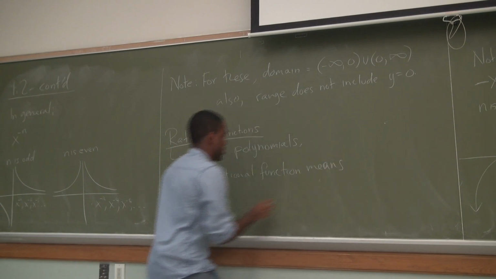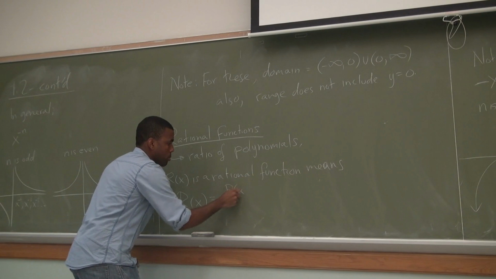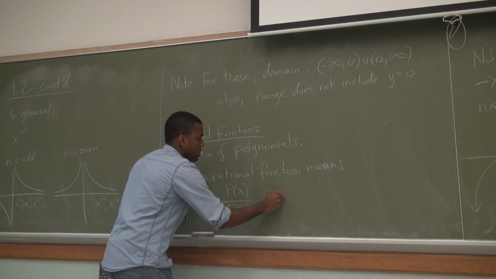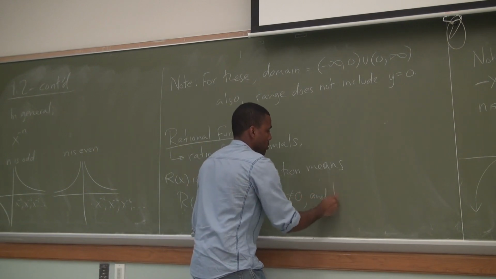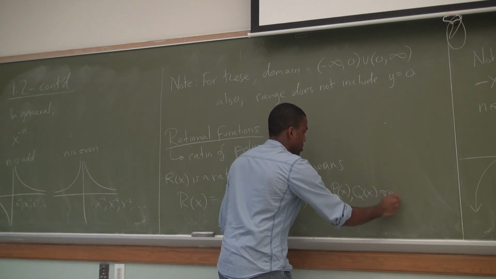It means r of x equals p of x over q of x, where q of x is never 0,